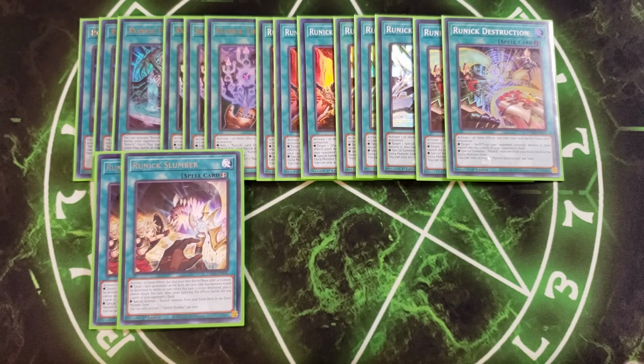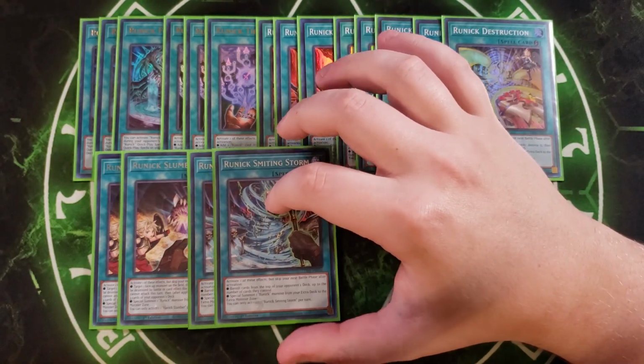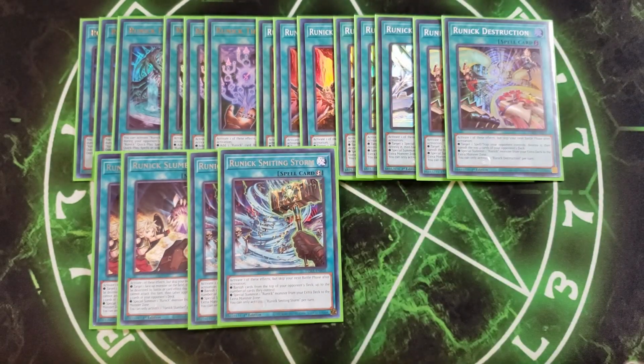I then play my personal favorite of all of the Runick quick play spells. This card is so high impact and so good in this deck that I almost played it as a 3-of because I like this card so much, and that's going to be 2 copies of Runick Smiting Storm. I absolutely love the artwork of this card. I really wish it would have been a super rare in the set, but it is just a rare, but